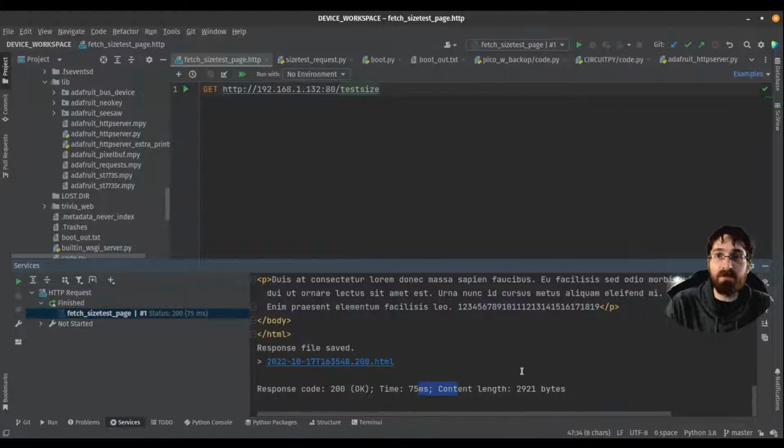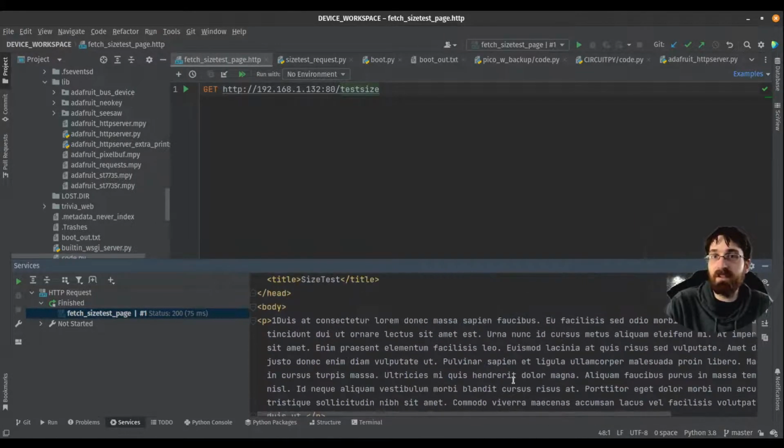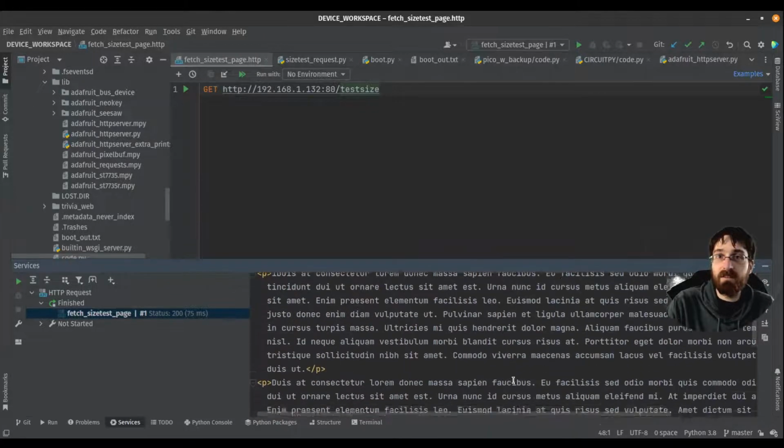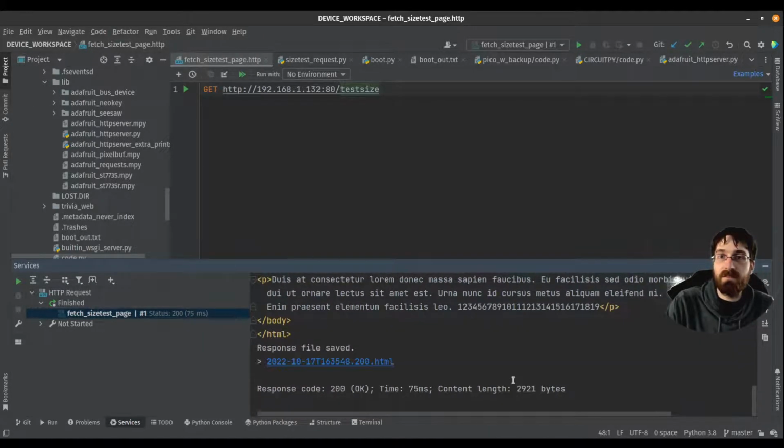Oh, that seems way too fast to transfer an HTML page through the air. That is really fast. This is like consistently faster.